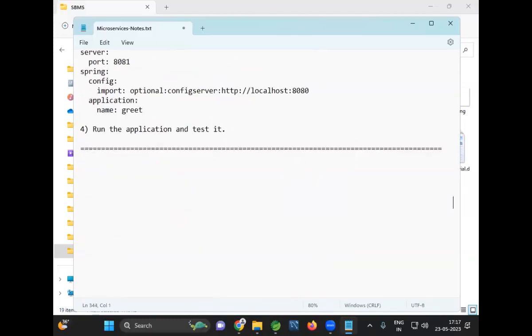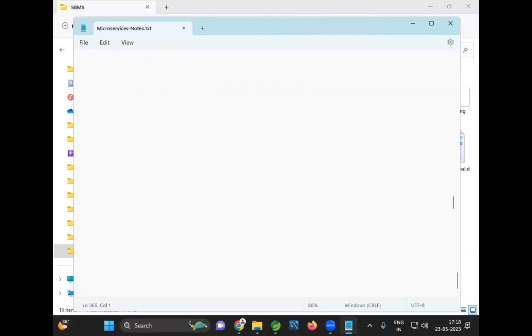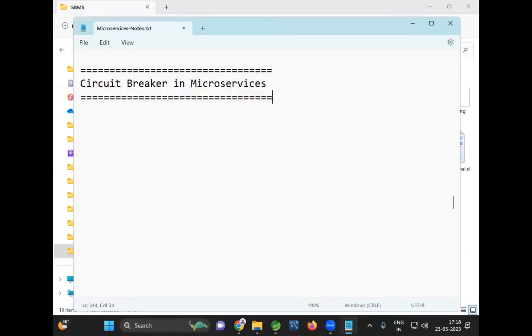Today's topic is circuit breaker in microservices. What is circuit breaker? Why we need to go for circuit breaker and how to implement circuit breaker by using Spring Boot and microservices? First of all, circuit breaker